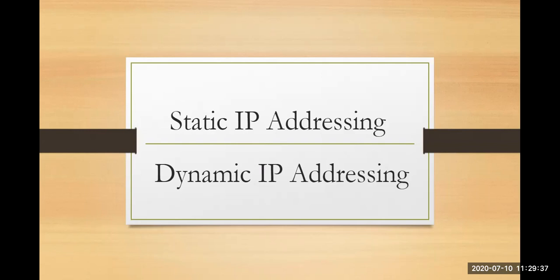So that is your static IP and dynamic IP, wherein the first point says, whenever I talk about static IP, it is nothing but a permanent numerical address that is assigned to the host or machine in your network. Dynamic IP is nothing but a temporary address that is assigned to your host or network. Static IP is assigned manually by the network administrator. So the network administrator has to manually enter the static IP. Dynamic IP is not assigned manually. It is done with the help of the DHCP server, which automatically assigns IP addresses.